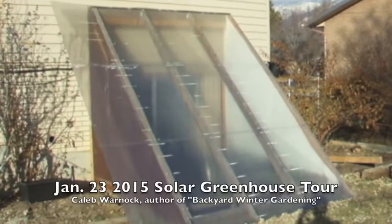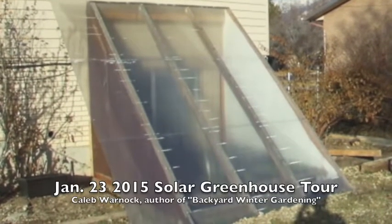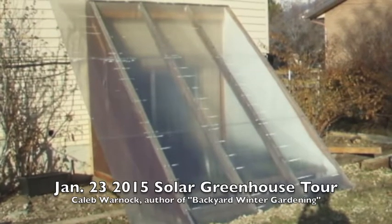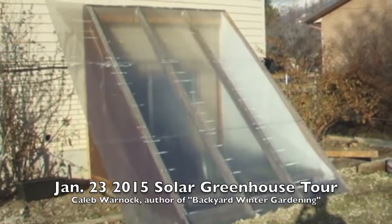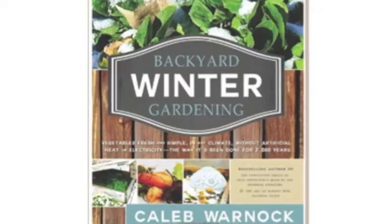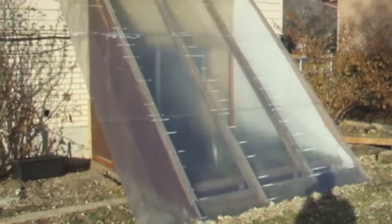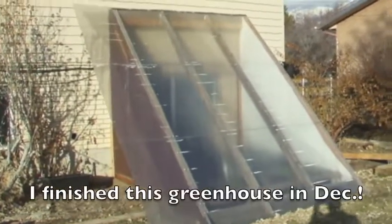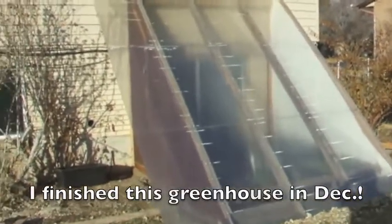Today is January 23rd, 2015, and this is my solar thermal greenhouse. I'm Caleb Warnock, author of the Backyard Winter Gardening book. This cost less than $500 to build, and almost $300 of that is for the twin wall